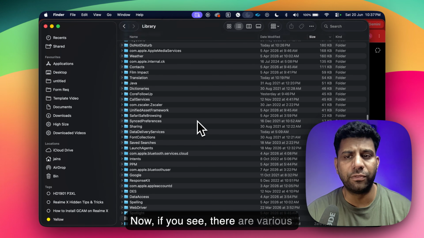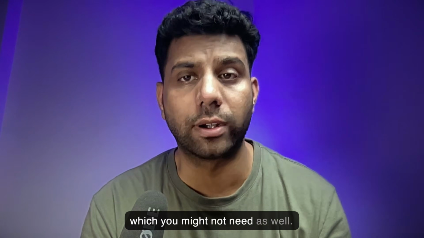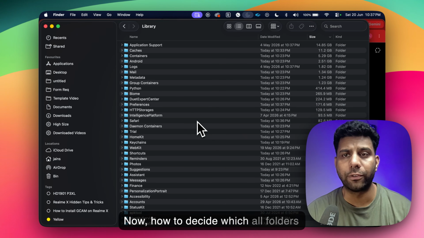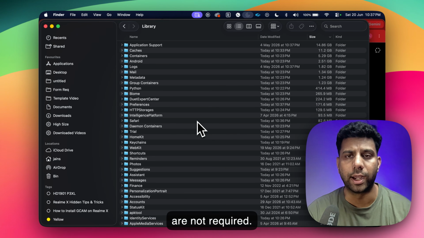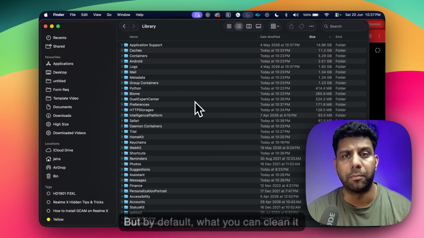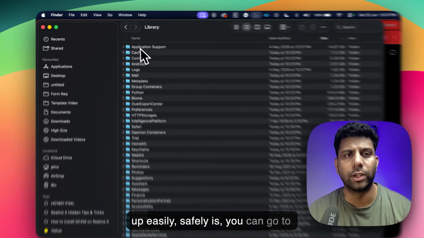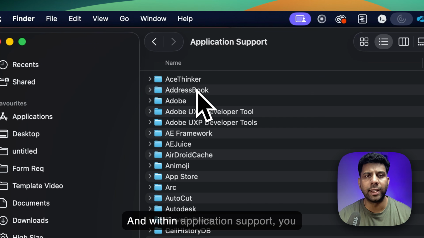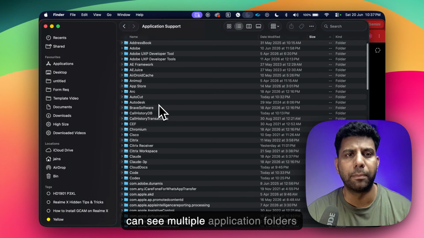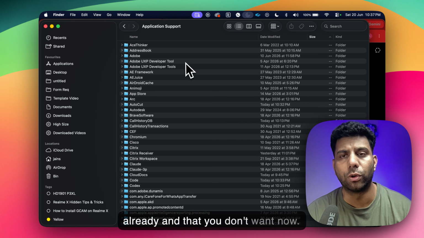Now, there are various folders sitting here which you might not need. How to decide which folders are not required? There is no thumb rule I can provide, but what you can safely clean up by default is Application Support, where multiple application folders are present. There would be some applications which you have already deleted and don't want now.